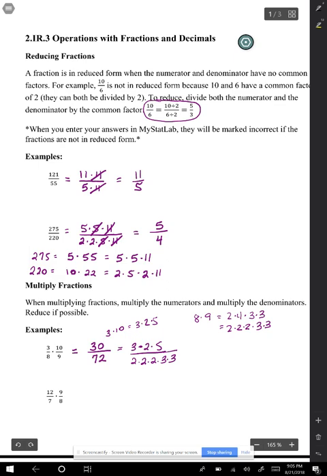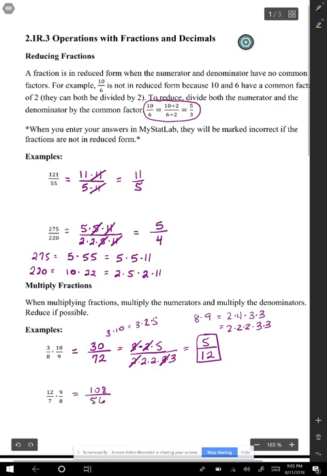And we're looking for common factors. So we have a 2 in the numerator and denominator, and we have a 3 in the numerator and denominator. So we have 5 left in the numerator, and then 2 times 2 times 3. So that'd be 2 times 2 is 4 times 3 is 12. So 5/12 would be my answer. And then the last one of these is 12 times 9 would be 108, and 7 times 8 would be